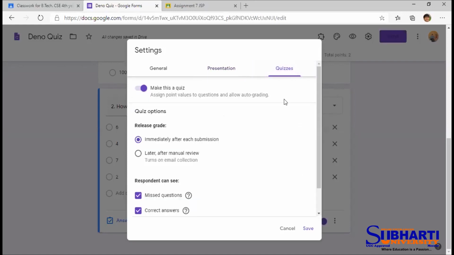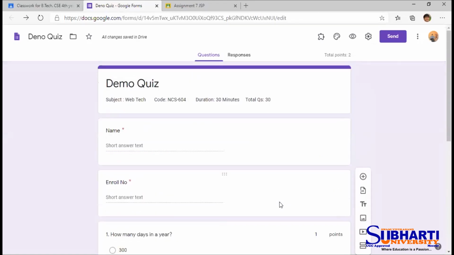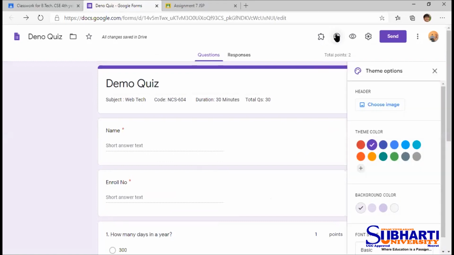Now, most of the options which are needed for the quiz are already selected. These are okay options. Now I will click on this save option. I will click on this save. It means all the options are saved. This quiz is ready. See. Now one more option is there to beautify your quiz. This is a theme. This is coloring, if you want to specify this, you can do it with the help of this theme.